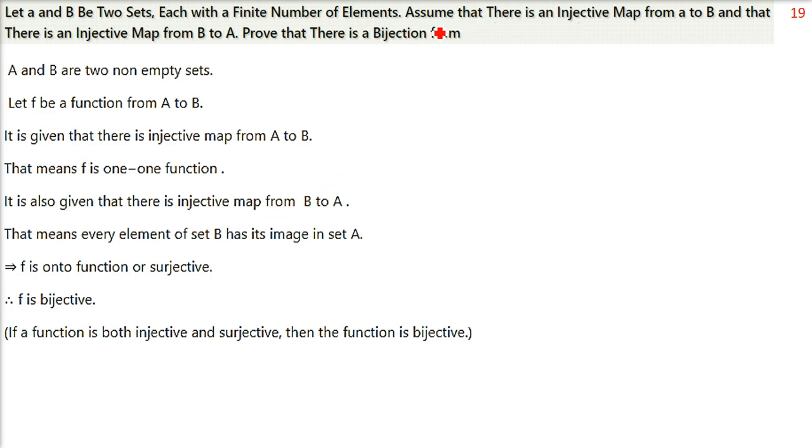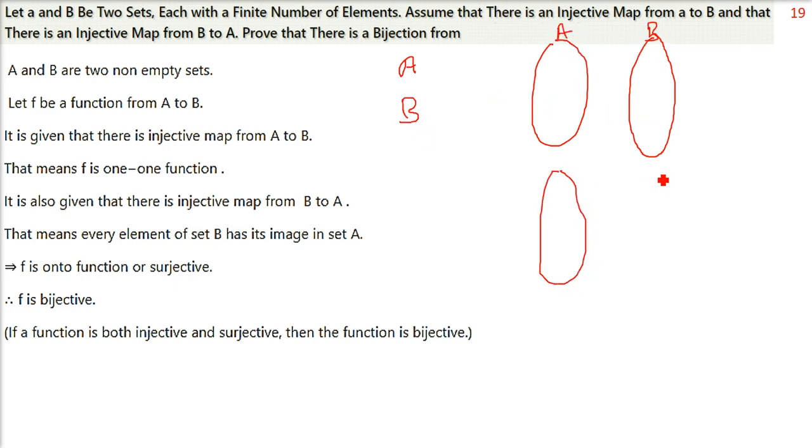So we have set A and set B. You can count the numbers, that is, the number of elements are finite. They can be counted. So there is an injective map from A to B. Injective means one-one. We don't know whether any element of set B is remaining or not, but we know that whatever elements are there, they are one-one. There is no repetition of A. Okay? Injective map, so one-one injective. This is A to B.